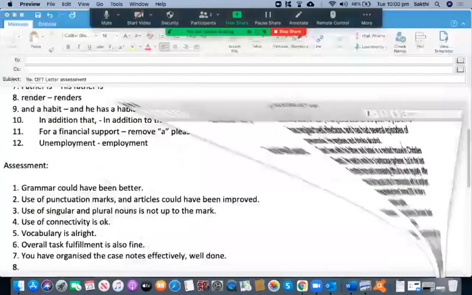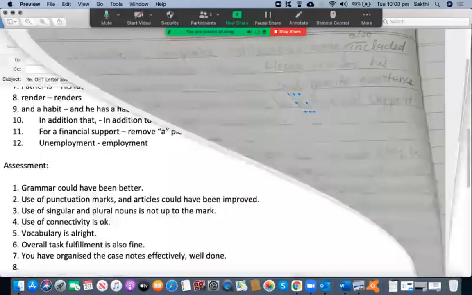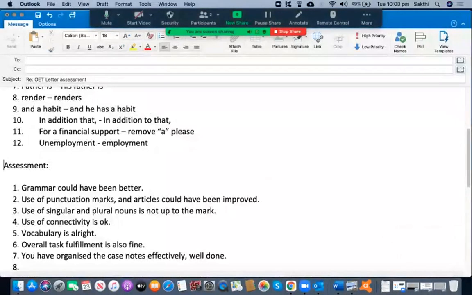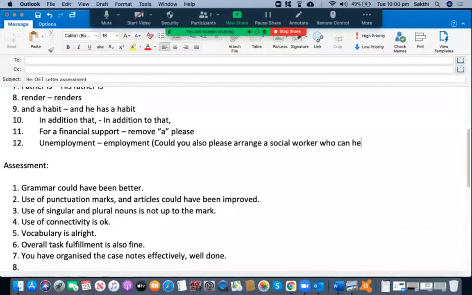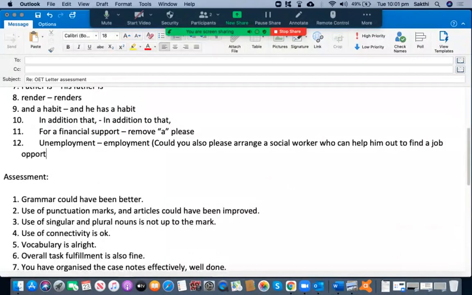For example, I'll tell you this, just to help you out: could you also please arrange a social worker who can help him out to find a job opportunity